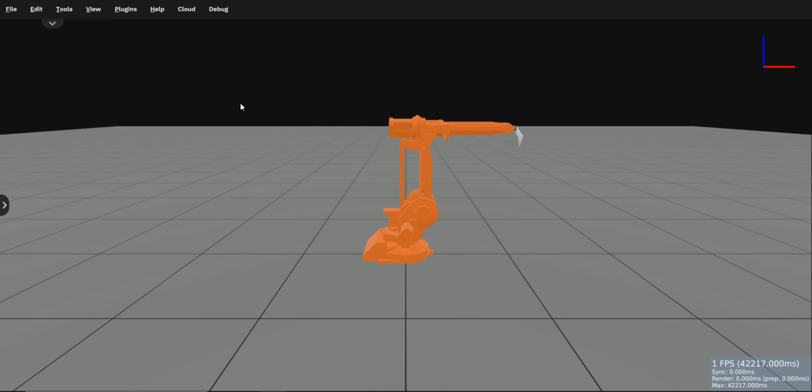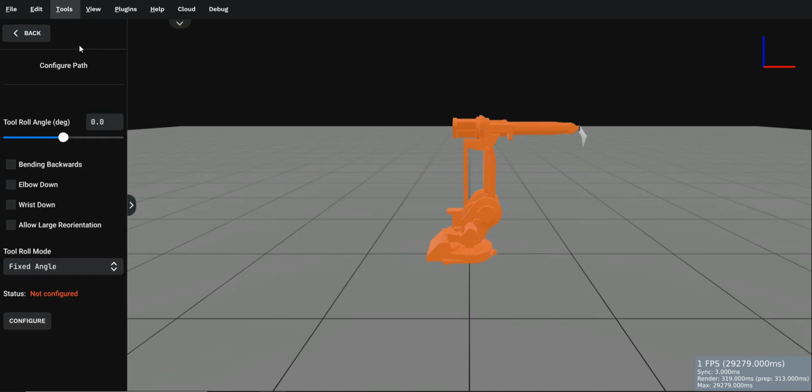The information in the APT file is only 5 axes. You have the XYZ position of the tool and an orientation which can be described by only 2 angles, while the robot has 6 degrees of freedom. So this is where IRBCAM comes into play, in that it can be used to safely define the 6th degree of freedom of the robot. So we go to configure path, and if you pull this slider you can see that you can